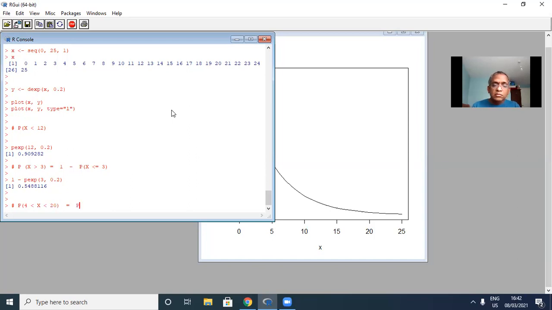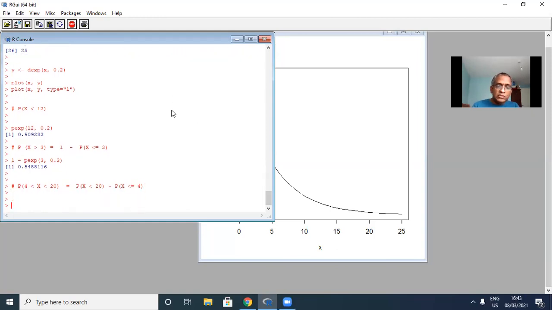This you can write as the probability that X is less than or equal to 20 minus the probability that X is less than or equal to 4, right? And in R, you can compute this as,